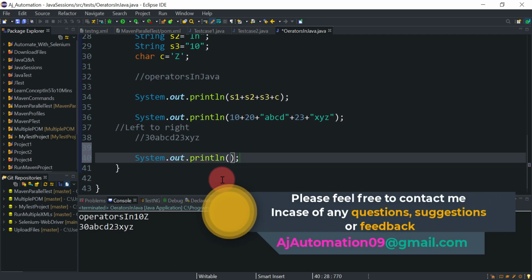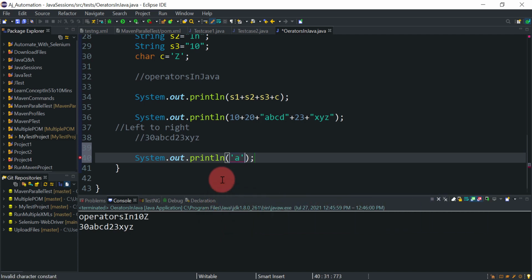Let's say I have one character a plus another character b plus 20 plus 30 plus 10 plus this string, let's say testing. Can you guess the answer now?